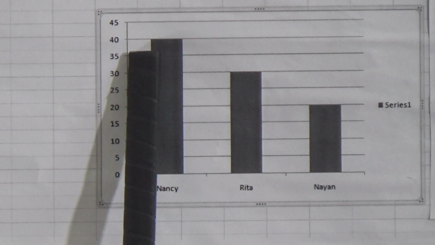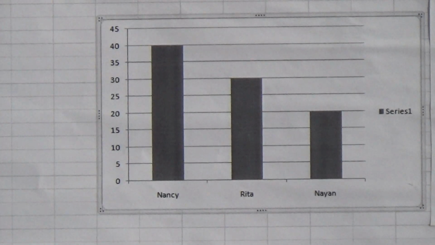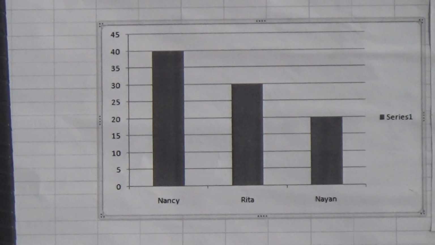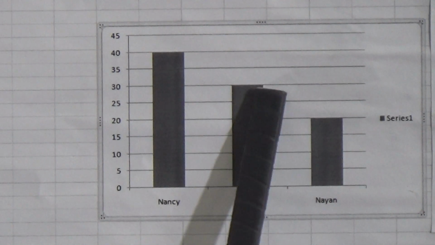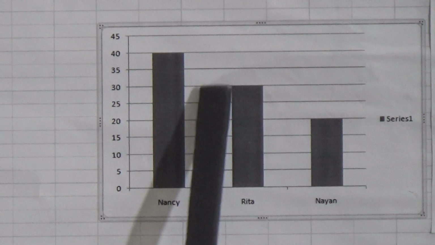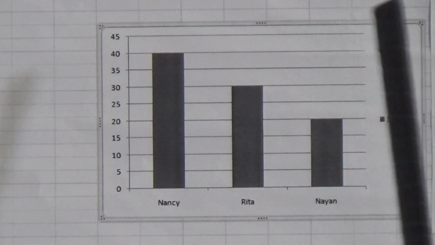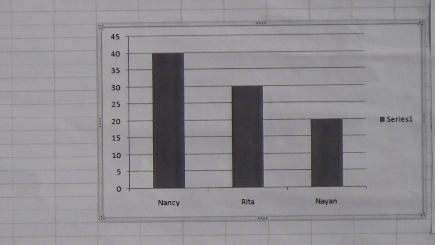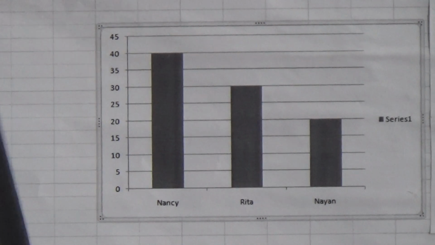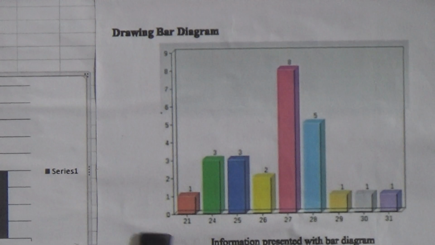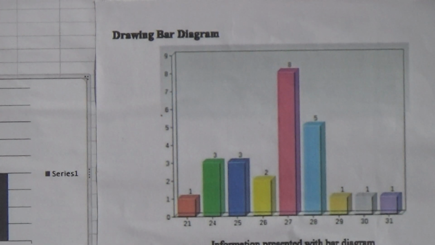Here Nancy's is not less than or more than 40, because you input your data 40, that's why it's showing 40. You input here 30, 20, and it also shows this position. Or if you think you have more than 3 persons, you can add your columns like this. If your persons are increasing, then your columns also are going to increase. So it's up to you how many persons you need to show in the bar diagram. You can select and you can add, you can increase.